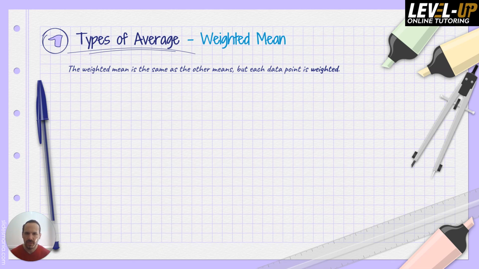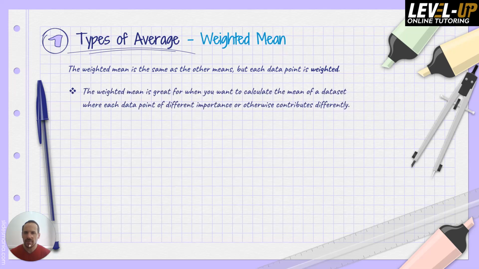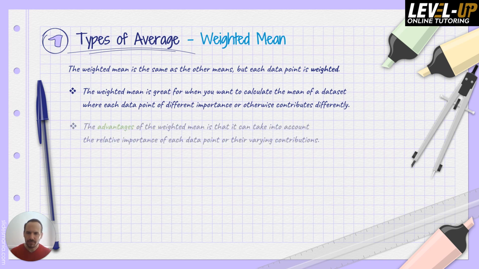Very similar to regular mean, where each data point is weighted. So a weighted mean is great when you're trying to calculate the mean of a data set, but where the data has different relative importances or otherwise they just contribute to the total differently. So the advantage is that it can take into account this relative importance of each data point that have varying